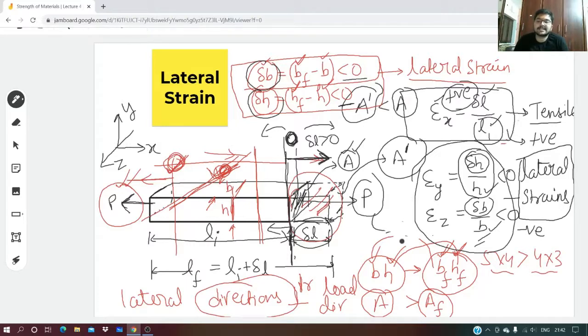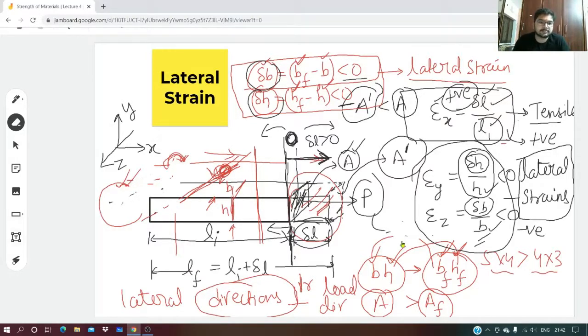If the load is tensile in nature, then length will be increasing. That effect shows in breadth and height as breadth and height decreasing. Due to that, lateral strains are negative. So in a neat and clean way, if you want to understand these things clearly and properly,